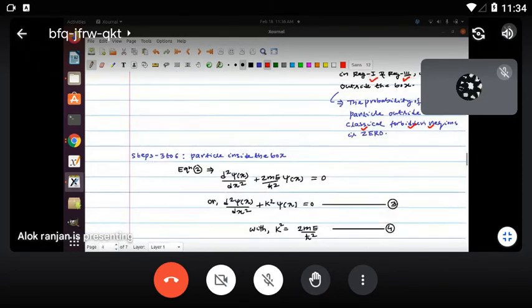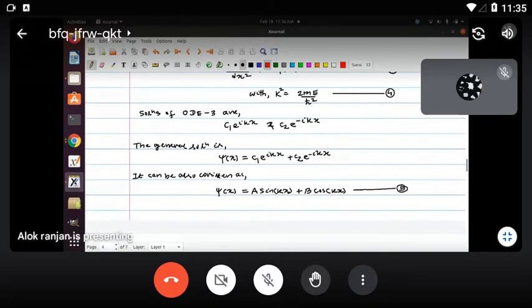Okay, so now we have mathematically derived that the particle will never be found outside the box, in region 1 and 3, which is the classically forbidden region. So the particle should be inside the box, and we need to solve the Schrodinger equation. So let's define k squared as 2mE over h bar squared. Then the solution will be c1 e to the power ikx plus c2 e to the power minus ikx. And what is the general solution? The linear combination of these two. And then we can rewrite this in terms of sine and cosine functions.